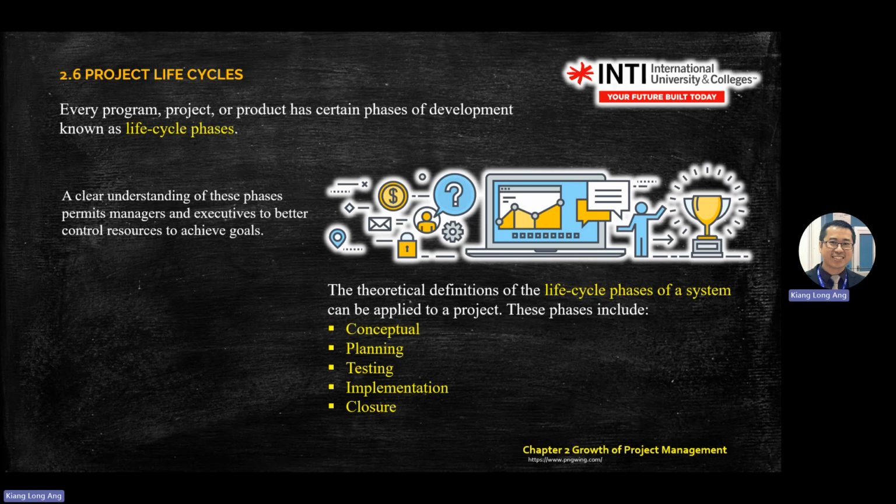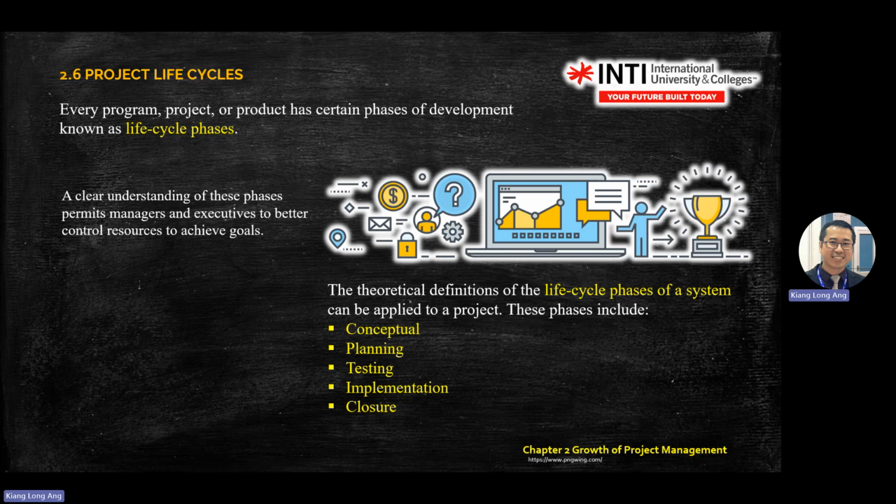So, life cycles of a system. The life cycle of a system applied to a project also has 5 phases. Don't confuse it with the slides that show you. You have concept, planning, testing, implement, and close. Okay, so these 5 are also a very important part of chapter 2, where we talk about the growth of